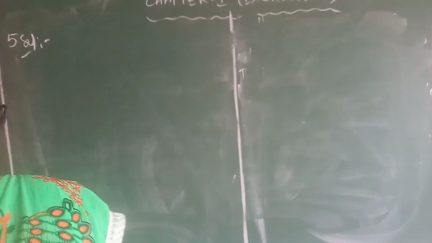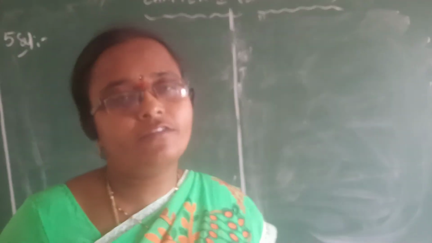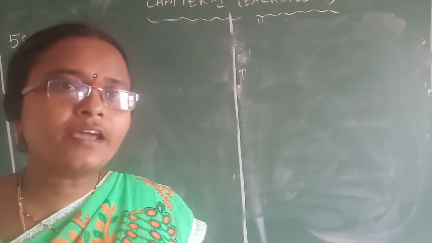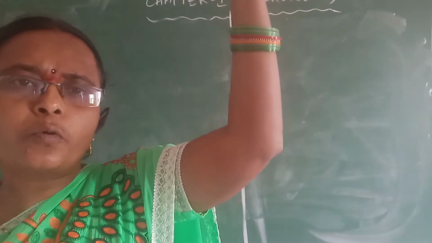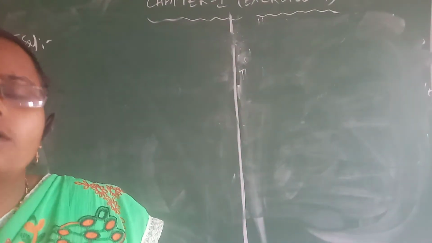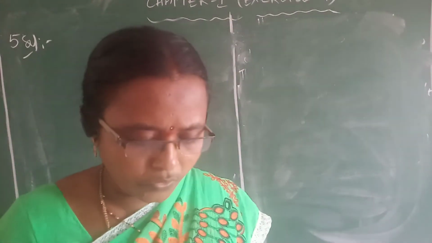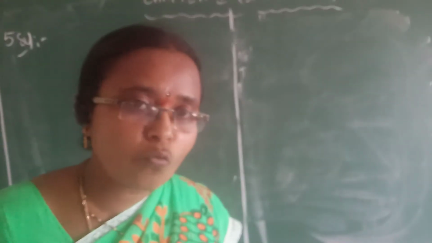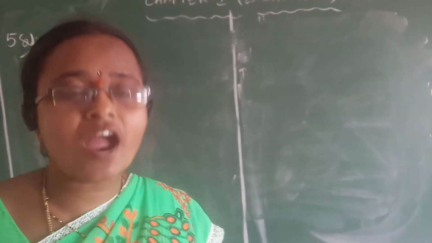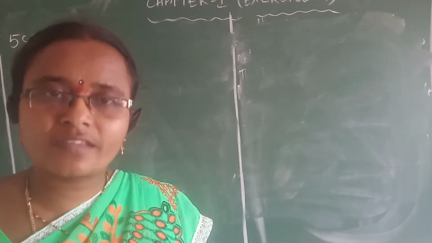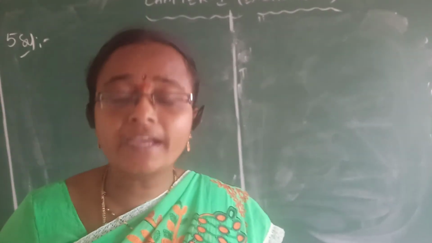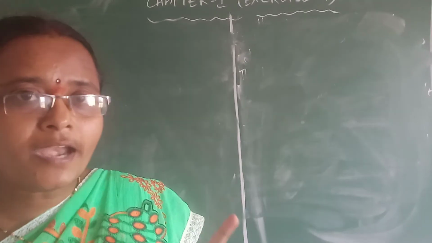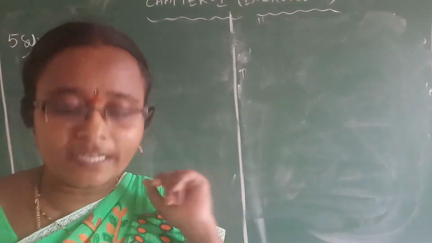Fifth question: an elevator descends into a mine shaft. Do you know what an elevator is? An elevator is nothing but the lift itself, which takes you to an upper position and brings you to a lower position. So descends into a mine means it is moving down into a mine shaft, like coal mines or gold mines. It is at the rate of 6 meters per minute. So for 1 minute it is moving down 6 meters.